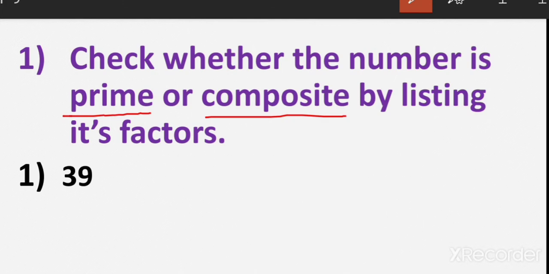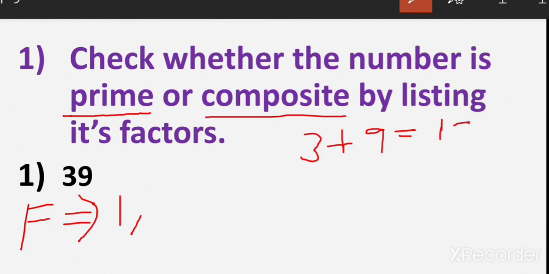So let's start. If you'll see here, 39 is having the first factor 1. It's an odd number, so 2 will not be a factor of 39. Now if we'll check 3 plus 9, I'm having 12, and 12 is divisible by 3, so the whole number is divisible by 3. As 39 is an odd number, it will also not be divisible by 4. It is not compulsory that all odd numbers are not divisible by 4, but generally odd numbers are not divisible by 4.